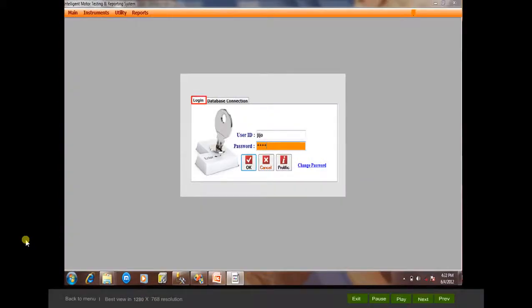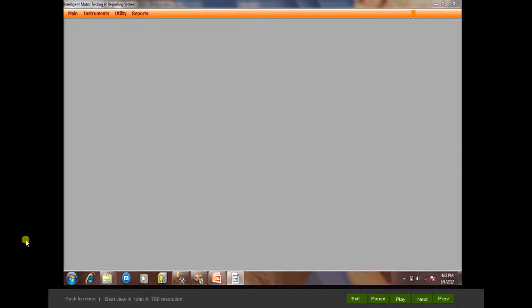Separate logins for operator level, manager level, and guest level ensure security and avoid misuse of the software. To log in, enter the username, password, and click on OK. You can see the main menu here.